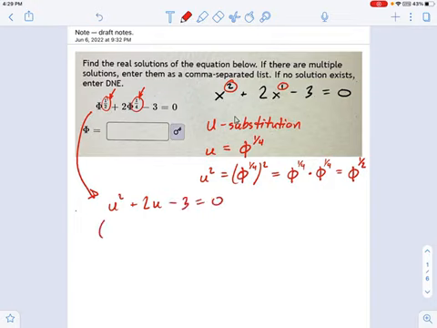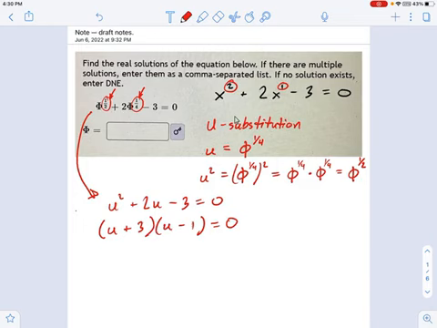Now we can factor that pretty easily, right? There's nothing in front of the u squared that makes this challenging. And I'm just going to use the guess and check method. I guess that the factors of -3 are +3 and -1, because those will add up to +2, the linear coefficient. And I double check it by multiplying it out to see if I get the original thing. I do, so we can just move on. I always want you to double check your factoring, because if your factoring goes wrong,